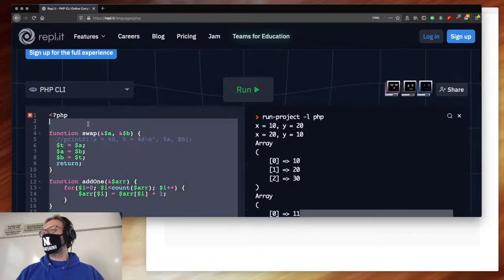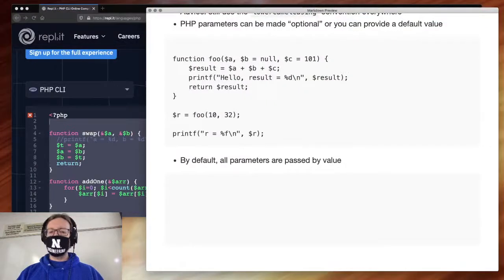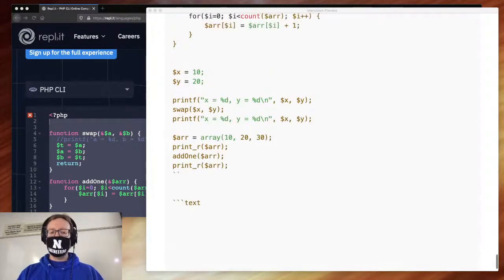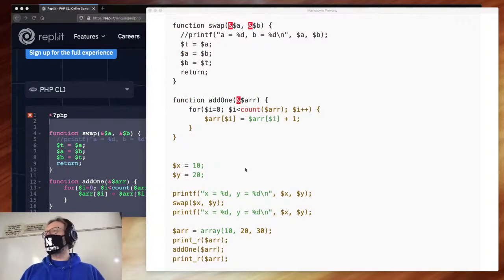So the difference is whether or not you put an ampersand there. And especially if you're coming from a C background, yes, it is exactly the opposite of how you would do it in C. Again, don't ask me, I'm not Rasmus Lerdorf. In fact,